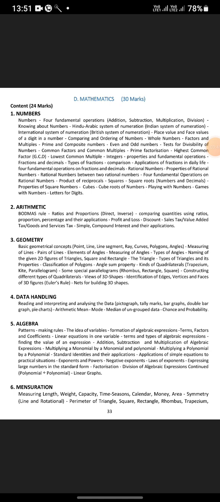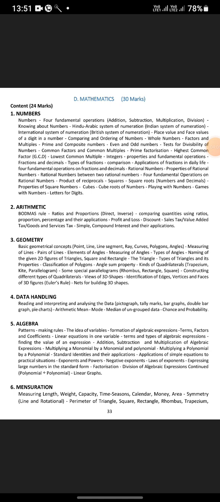of simple equations to practical situations, exponents and powers, negative exponents, laws of exponents, expressing large numbers in the standard form, factorization, division of algebraic expressions, monomial, polynomial divided by monomial, polynomial divided by polynomial, linear graphs,